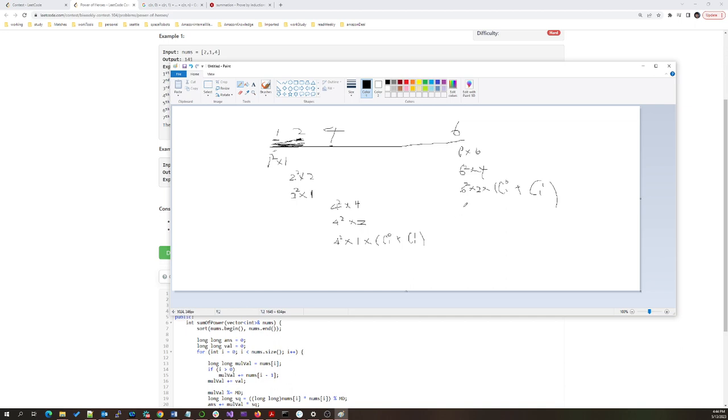And last, these elements can build a group with element 1. So it's like plus 1 plus. And now there are 2 elements here. So I can select 0 elements, select 1 element, and select 2 elements. It's like this. Okay. So now we can see there are some